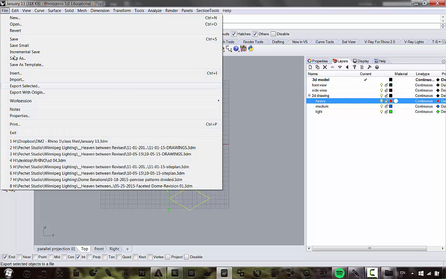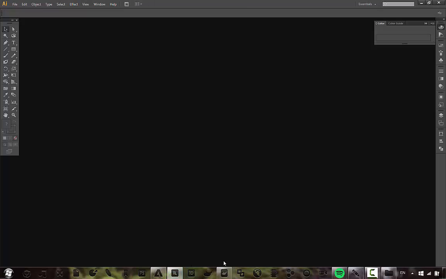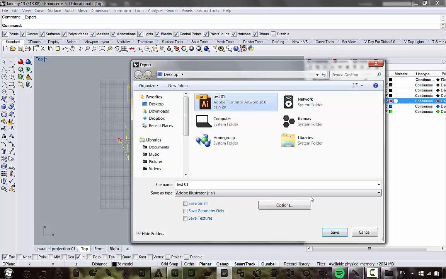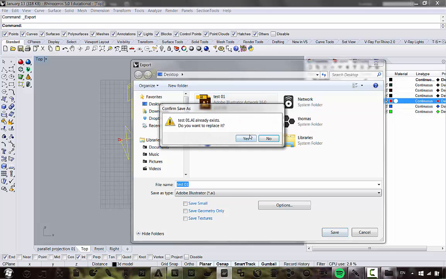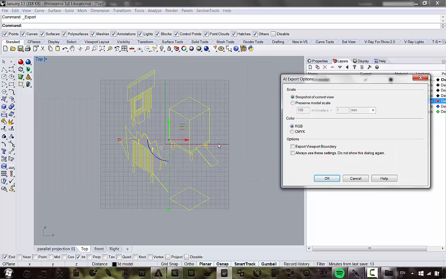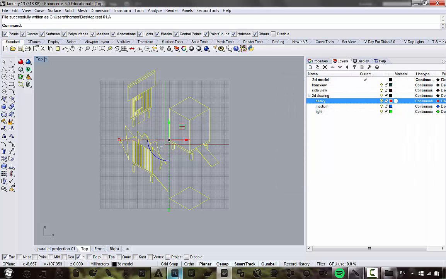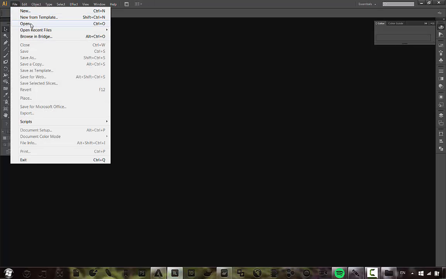So again, we're going to go File, Export Selected. So I'm just going to save over this file here. Essentially what we can do for this is, since we're not really working to scale, you can go snapshot of current view. And that's just going to export without a given scale. It just outputs the geometry. It's fine. So snapshot of current view, okay. So we're good. And now if we open that in Illustrator,